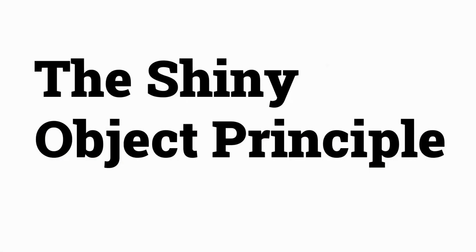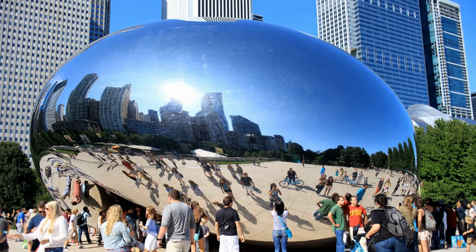Principle number 3 is the shiny object principle. And I know you know someone who's distracted by shiny objects. Everybody's got a few people. I had a friend of mine in grad school, Dan. Dan was the kind of person who could talk to anybody for any reason for a long time and make them feel like they were instantly a friend.